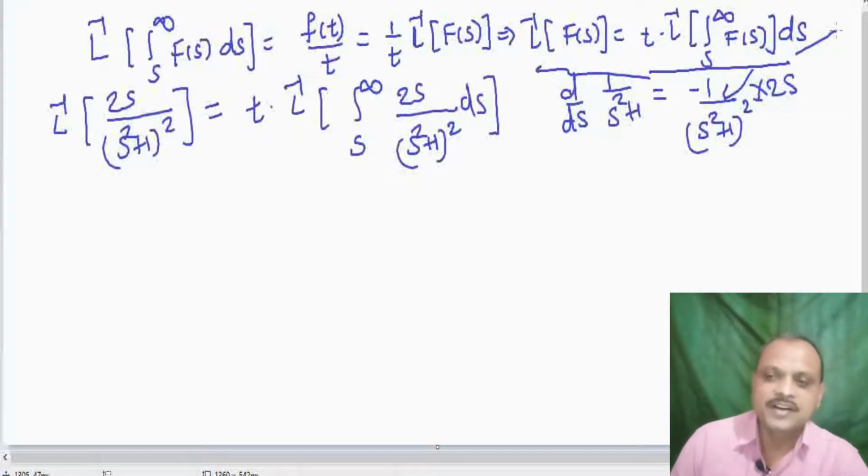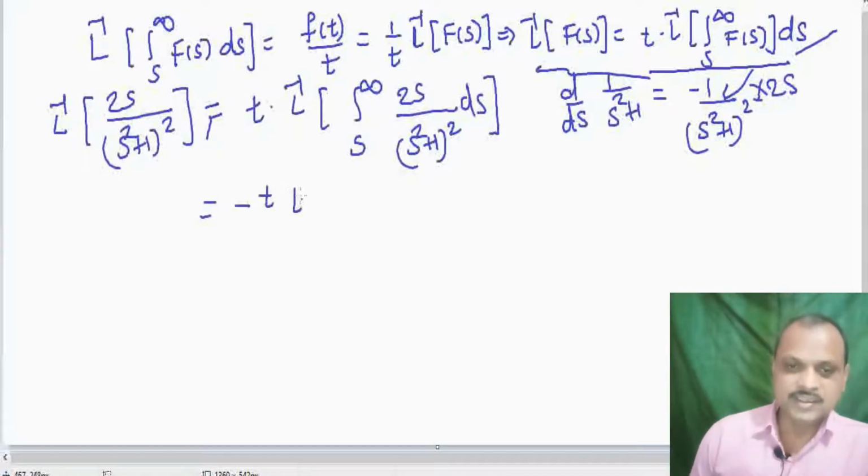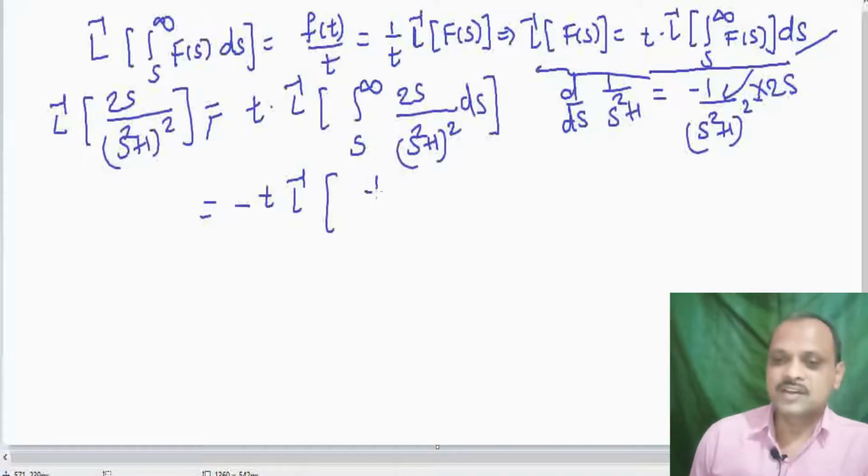Now see the integrand 2s divided by (s square plus 1) whole square. The integrand is a derivative of 1 divided by s square plus 1, so when we integrate, the derivative and integration cancel, and here we keep this minus sign, t and L inverse of